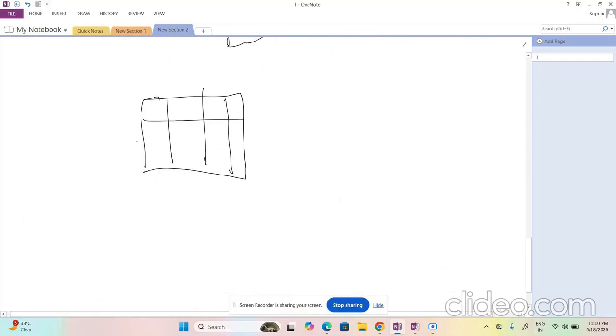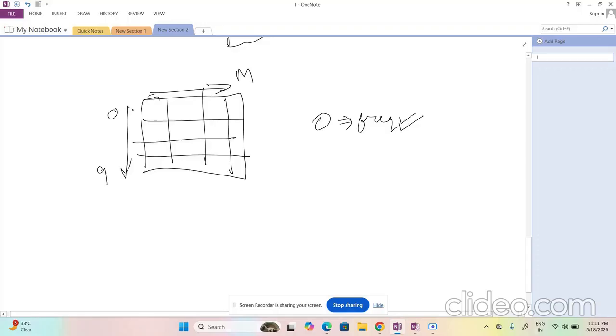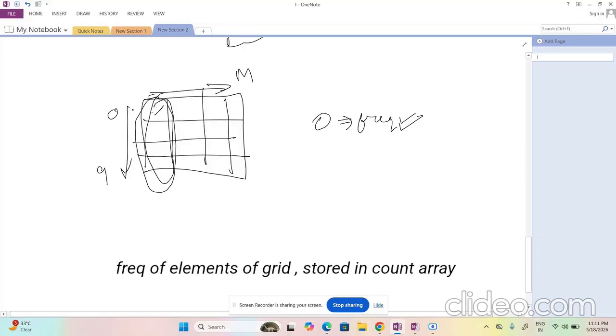I will create a frequency counter, this 2D array only. Here, this will be representing the column size, and this will be representing from 0 to 9. So what does that mean? If you are selecting 0, and the frequency of 0 is more, then you are selecting this one. We are selecting 0 to make this complete column as 0.